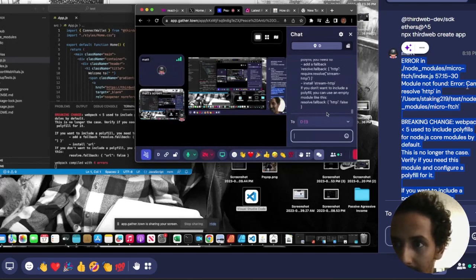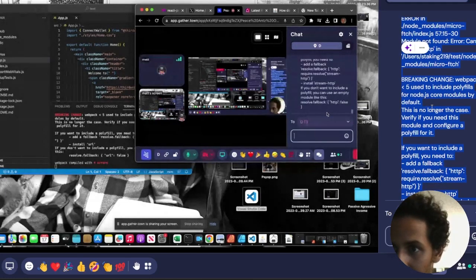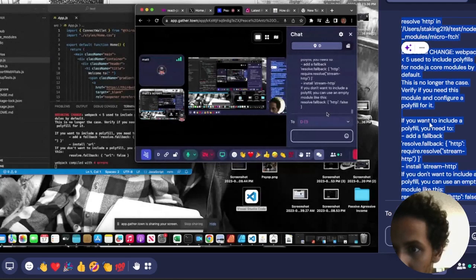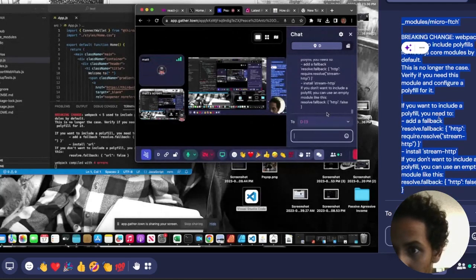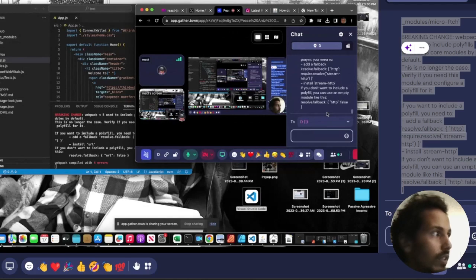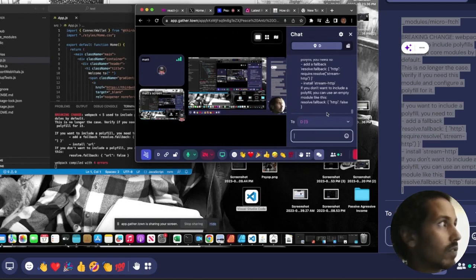So, module not found, something about microfetch. I don't know what that is. Some module wasn't found. Maybe we have to install something else. Webpack 5 no longer automatically includes polyfills in Node.js, unlike previous versions.